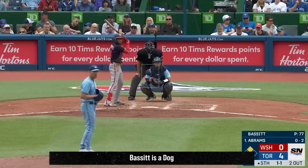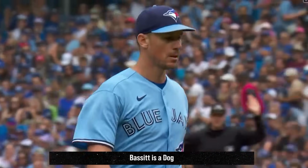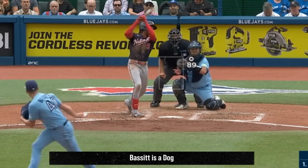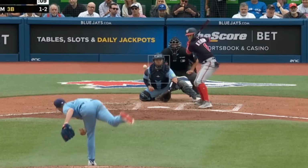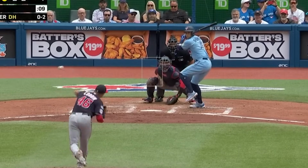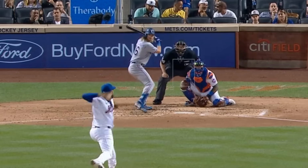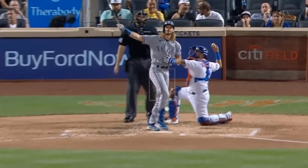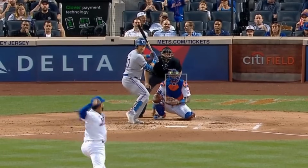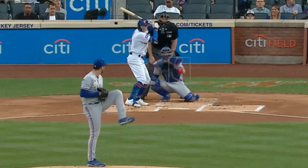I'm going to start with Chris Bassett, who had 3 Ks in 8 innings, giving up only 3 hits and no runs. He had this elevated cutter and beautiful slow curveball. Bassett outdueled Patrick Corbin, who had 6 Ks in 5 innings but gave up 6 runs and had this slider. Denyi Reyes had 3 Ks in 5 1/3 innings, giving up 2 runs and had this changeup and elevated cutter. And he faced Dane Dunning, who had 4 Ks in 4 innings, giving up 3 runs and had this wicked